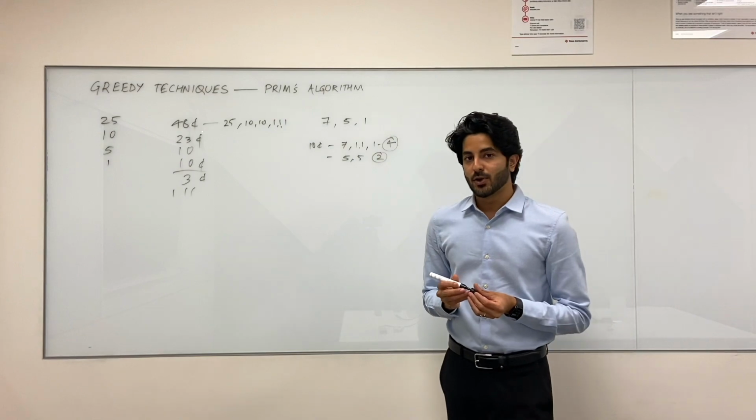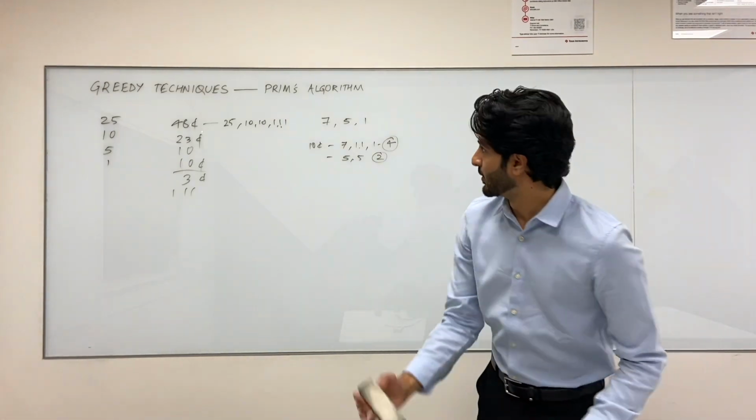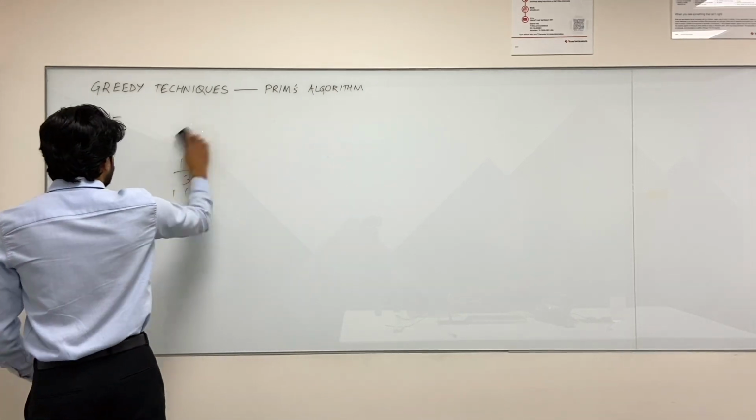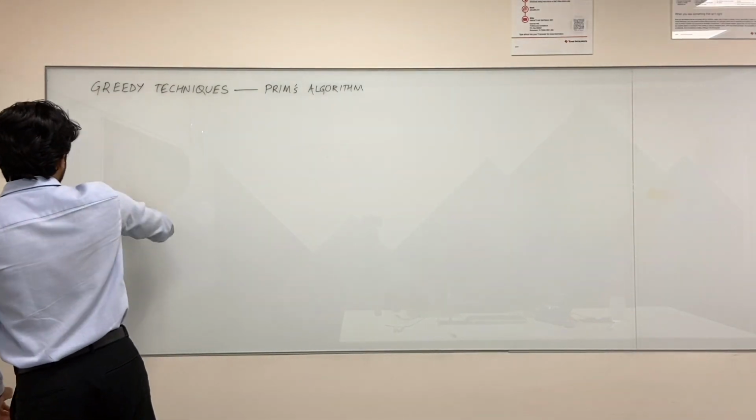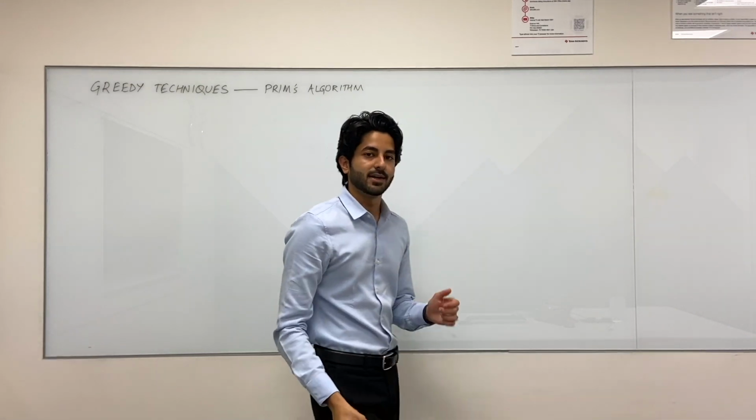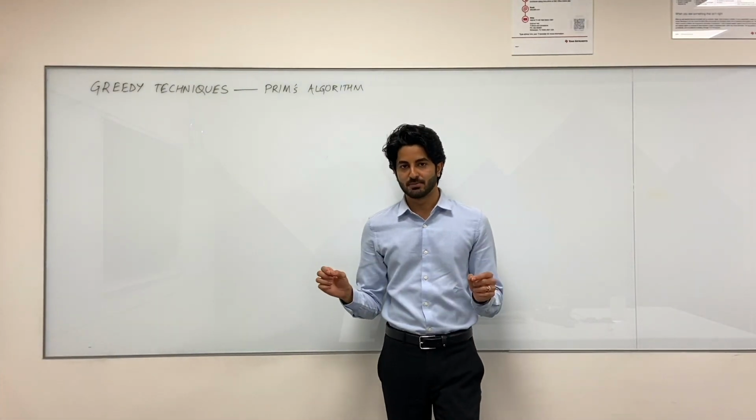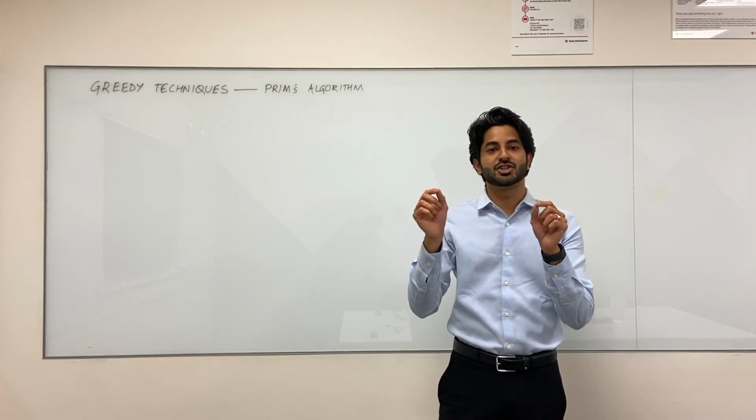So today we are going to talk about a specific case of greedy algorithm, which is Prim's algorithm. So what does Prim's algorithm try to do? It tries to solve a very practical problem. It tries to connect n points in the cheapest way possible so that there is a connection between every pair